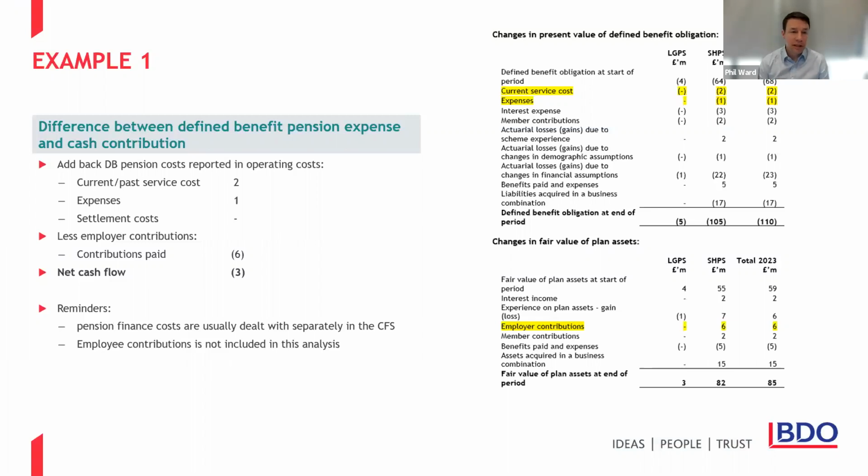So the first example we've got here is the cash flow related to the defined benefit pension scheme. So this is an item that is often wrong. I'm not sure whether it's a lack of understanding of the mechanics of how the cash flow statement is produced, or a lack of understanding of how a defined benefit pension scheme movement works. But the balance that I most often see wrong is the difference between the defined benefit pension expense and the cash contributions actually made. So if we break this into two parts, we can usually pull these figures directly from the pension note. So here, hopefully your eyesight again is good enough to see the items that are highlighted.